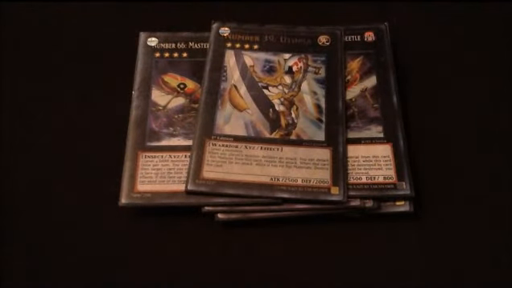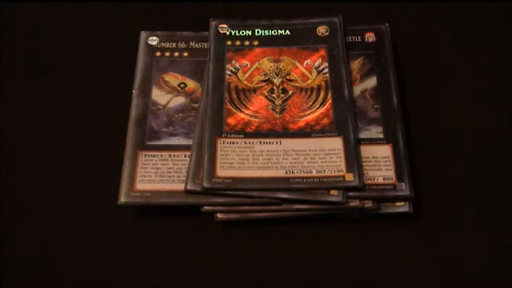Then just one Utopia, because it helps. It can help protect things. Should you not have any other sort of protection, just negate any attacks. One Violent Sigma. I like this card because